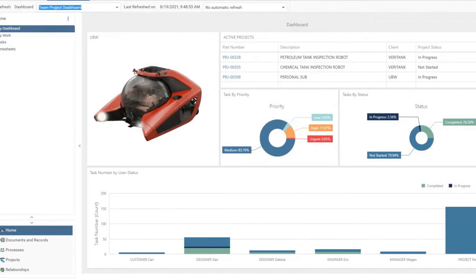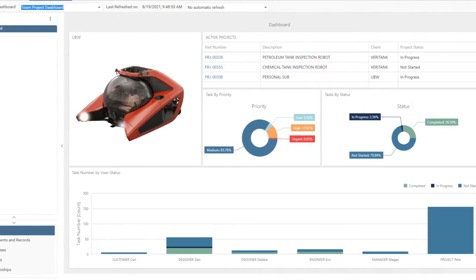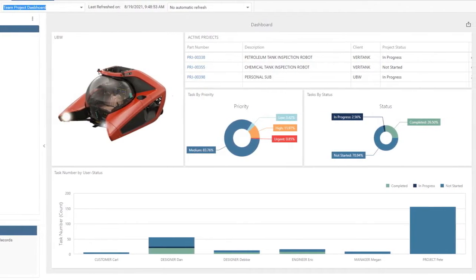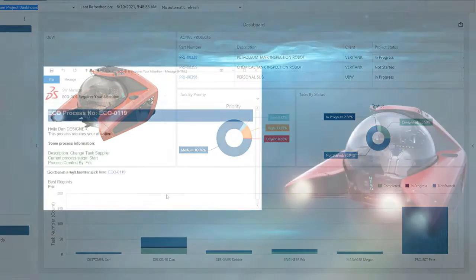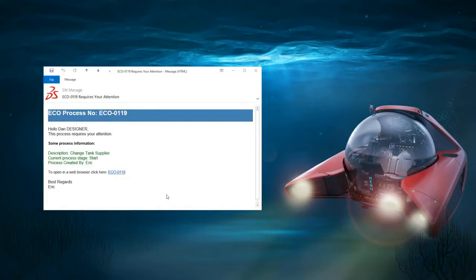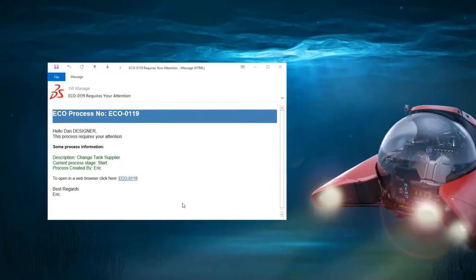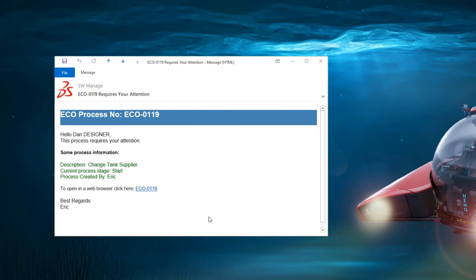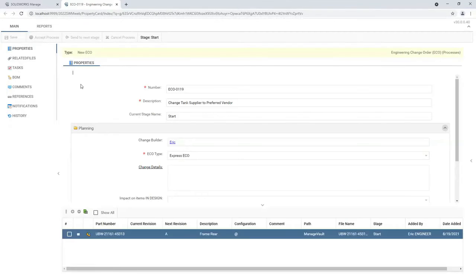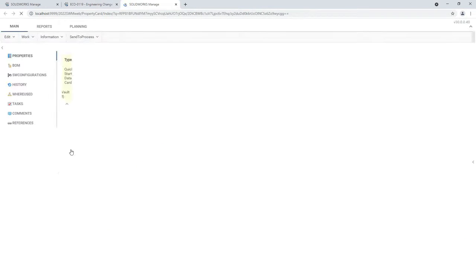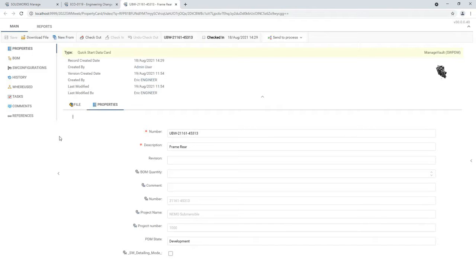SOLIDWORKS Manage 2022 introduces convenient new ways to access, share, and document your designs. New for this release is the ability to create HTML formatted notifications. These notifications can be visually customized to highlight key information for users. Also new is the ability to incorporate web links, allowing users to easily access the record in the Manage web portal. This ECO is requesting the tank supplier assigned in the bill of material be reviewed and updated to the